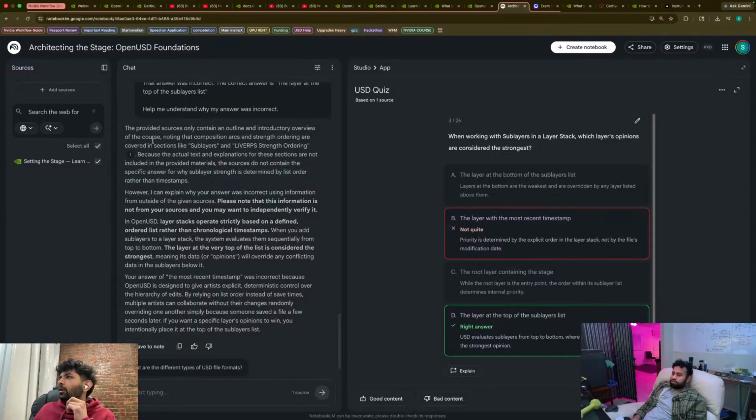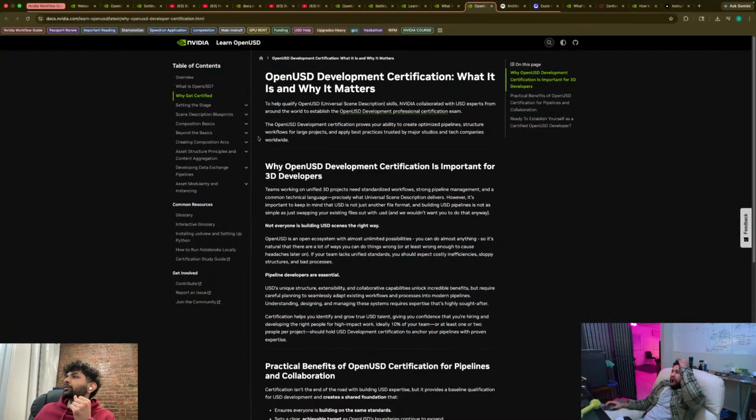The provided source only contains an outline and introductory overview of the course, noting that the composition arcs and strength ordering are covered in the sections like sublayers and LIVRPS strength ordering. Oh, okay. So,